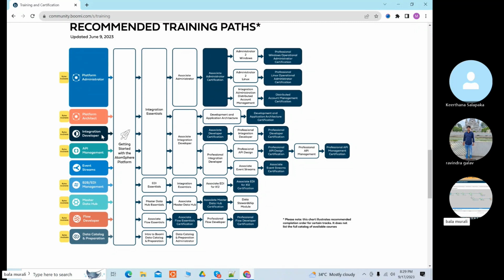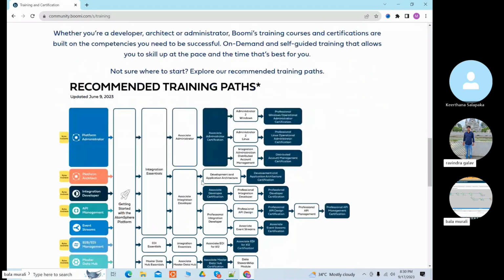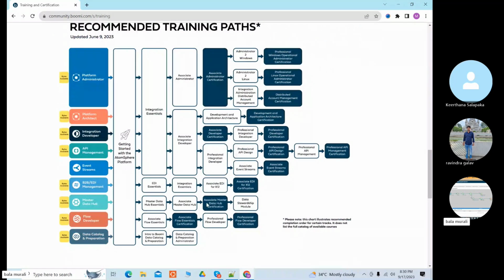The difference between EDI integration and normal integration is that in normal integration we don't deal with EDI files. In EDI integration, the EDI file will be involved. That is the only difference. Here, the partner setups and everything will be there for the EDI side. That's it. So this is the entire structure.